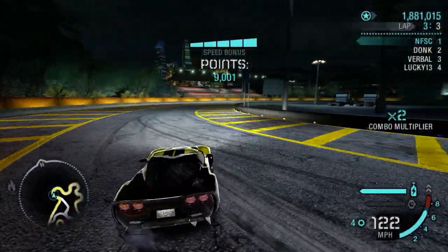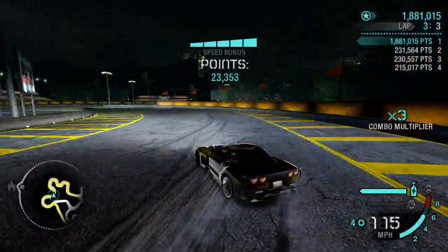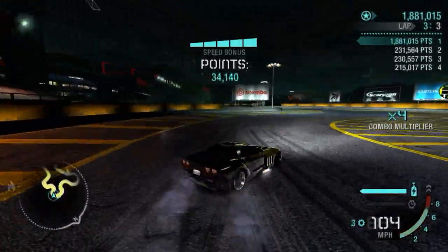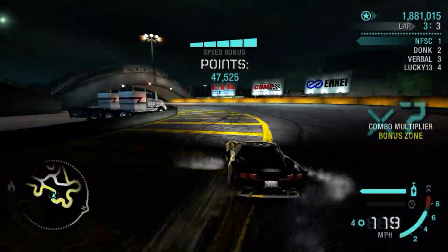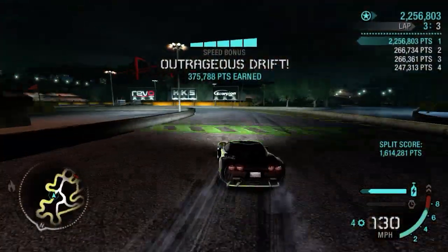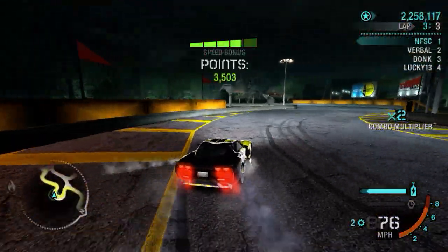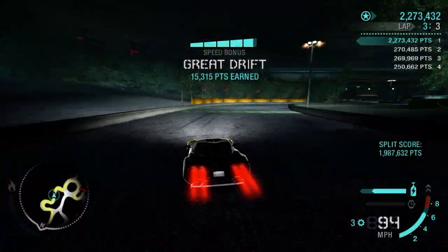Still no perfect entry. I was hoping for it, but no, not to be. Oh, that was really close, but I kept it off. And there we go, 2.2 million. So yeah, maybe I am just a little bit better with the Corvette, or maybe I just had a really poor showing with the Viper. I don't know, but